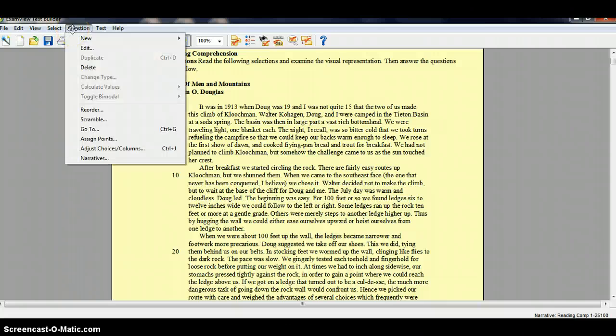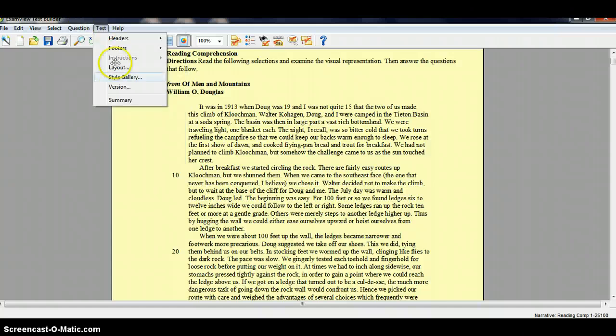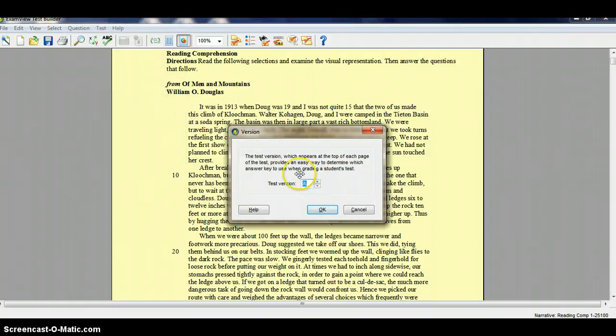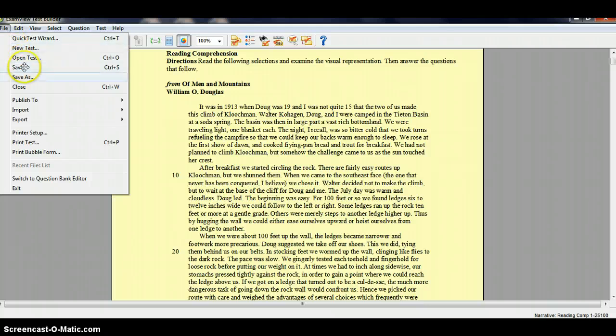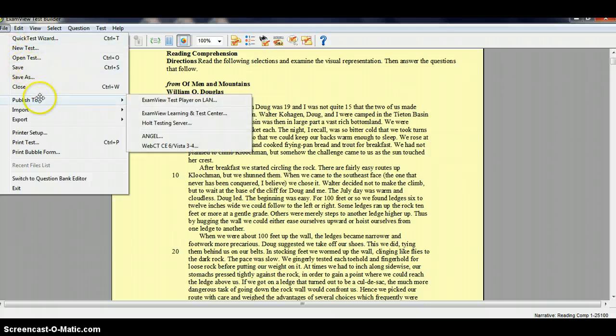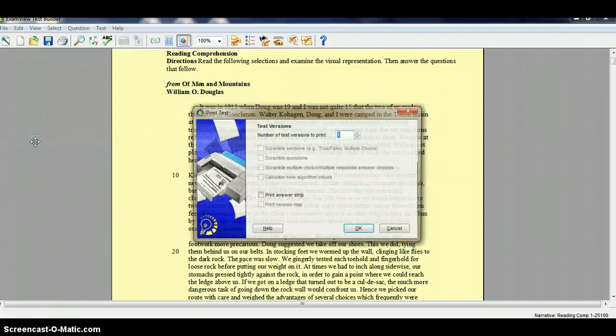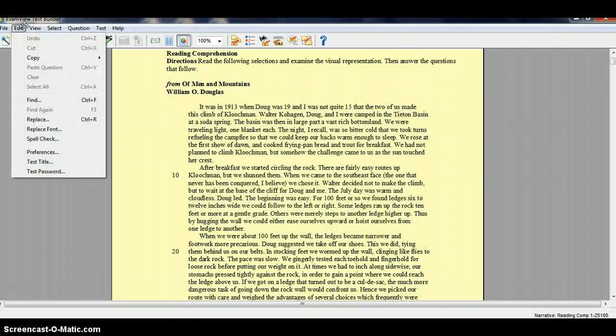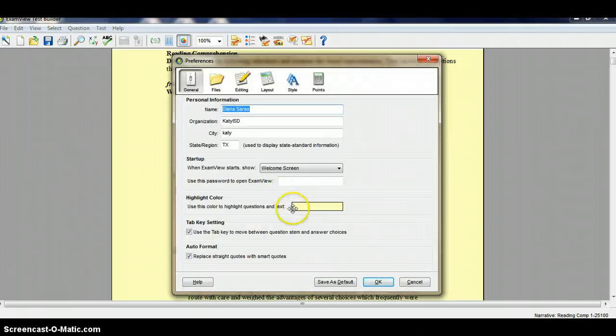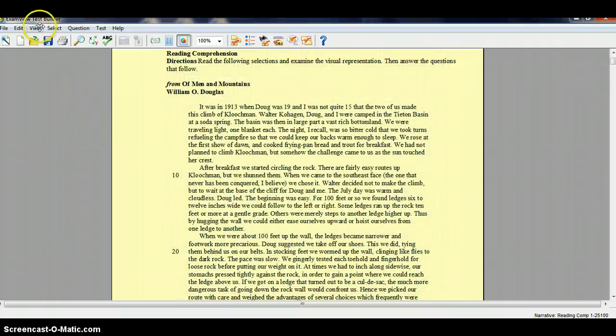I'm trying to find where that is. Maybe test version. No. I'm going to find it. And now you see my thought process as I'm trying to find it. I wonder if it's when I printed the test. So if I print new, edit, preferences, new,